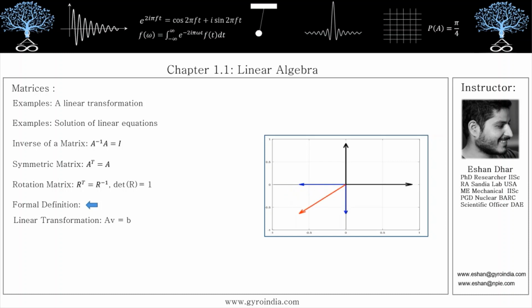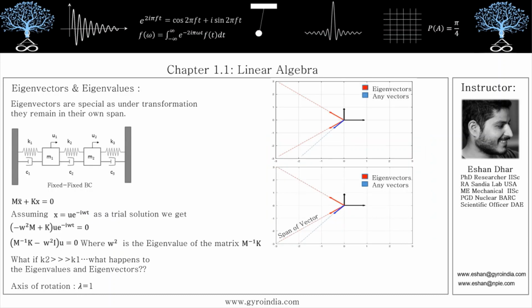Up till now, we have seen how different types of matrices originate from sets of equations which describe different phenomena in physics. A matrix, for the purpose of this course, should be viewed as a transformation for a vector. For a matrix transformation, eigenvectors are special as under transformation they don't rotate, they maintain their direction and are just scaled by a scalar value called the eigenvalue.